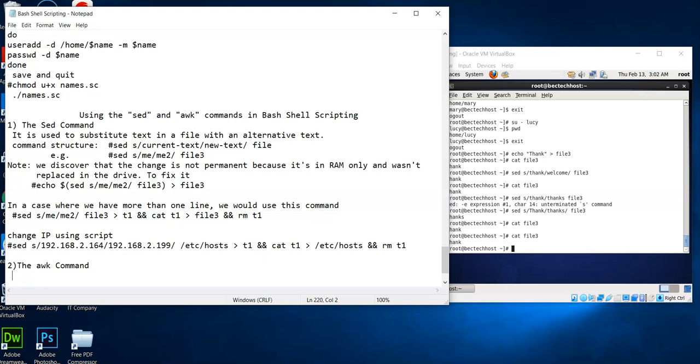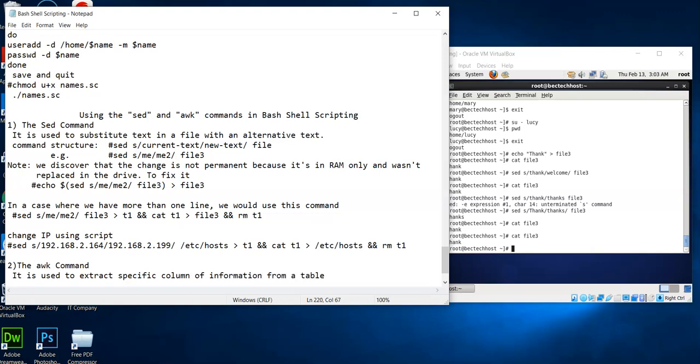You can use the awk command to extract specific information from a table, from a sentence, from a tag, from a sentence. So it is used to extract specific column of information